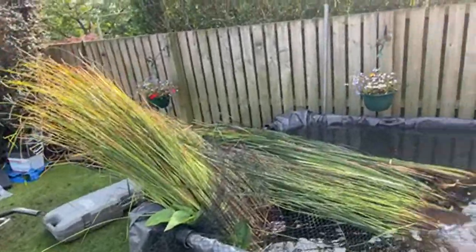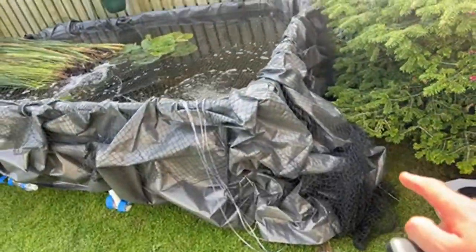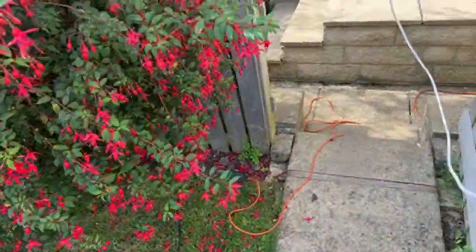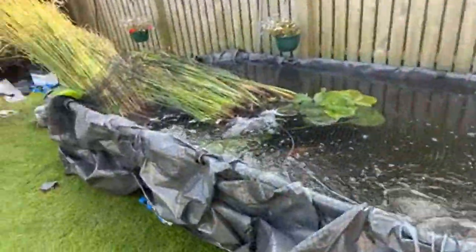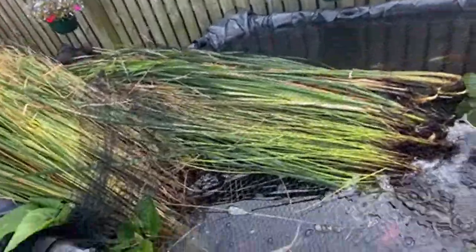But yeah, four air stones in. Underneath there is a big air pump running the whole job lot. We've got a socket outside here, which I'm going to pull in through to the house when we've done for the evening, but that'll be left on. Nets over the top so nothing can jump out. The fish aren't bothered at all. They're all cruising around, swimming around, coming up to me while I've been...